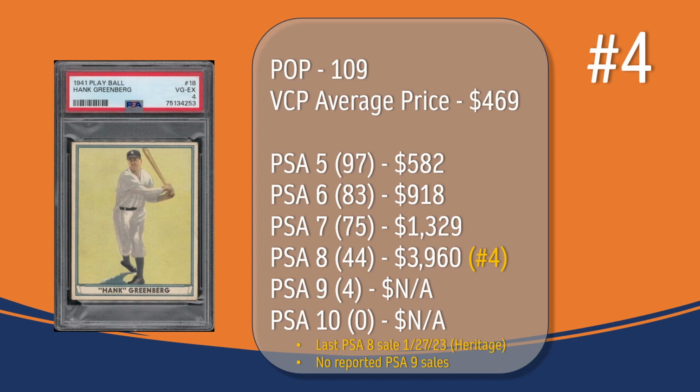There have been 75 graded a PSA 7. They sell for around $1,329. There have been 44 graded a PSA 8. The last PSA 8 sale took place in January of 2023 through Heritage and sold for $3,960, placing the Hank Greenberg also at the number 4 spot in terms of PSA 8 graded copies on this list. Now, there have been 4 graded a PSA 9, but there has not been a reported PSA 9 sale